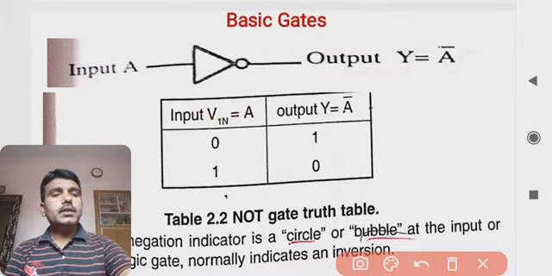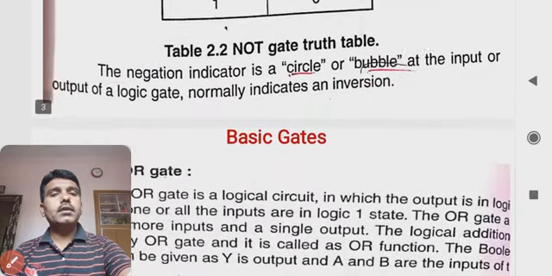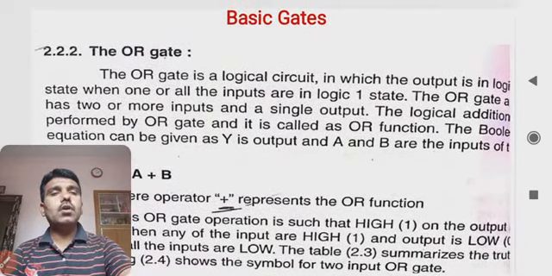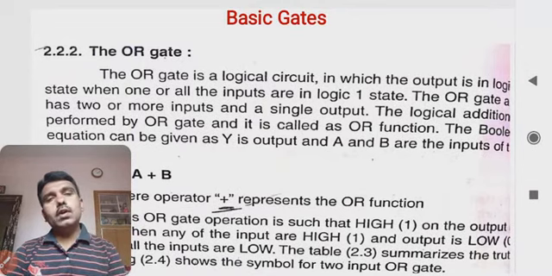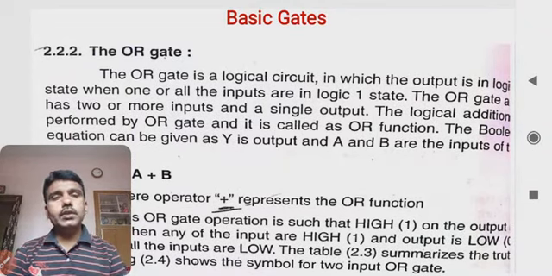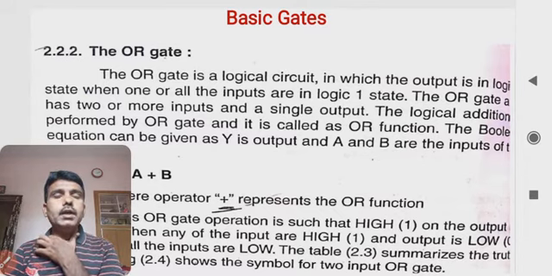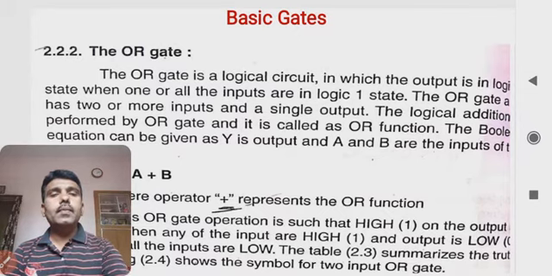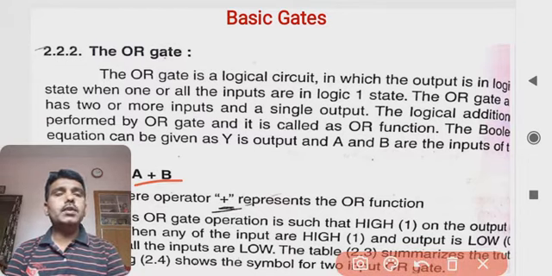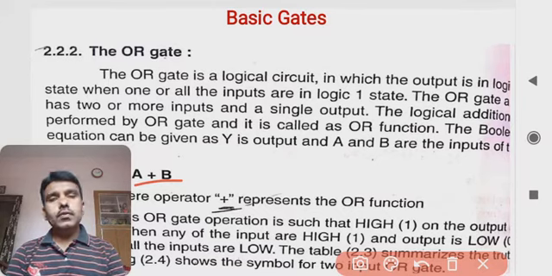Another basic gate, which is also very important, is called the OR gate. The OR gate is also called addition, the addition of any two digits. There are n number of inputs possible, but suppose there are two inputs, A and B, the two variable inputs. Then the possible input combinations for these two inputs will be